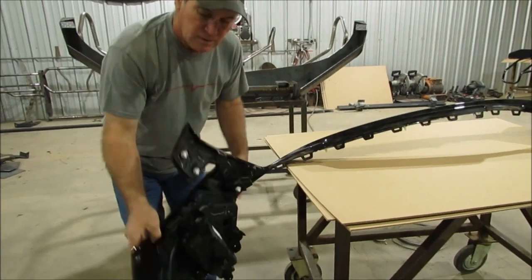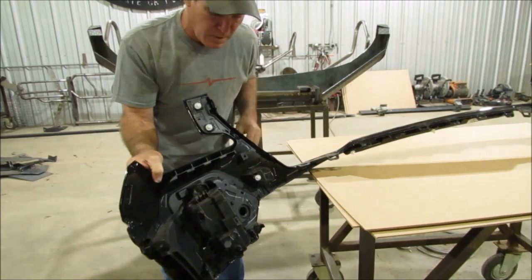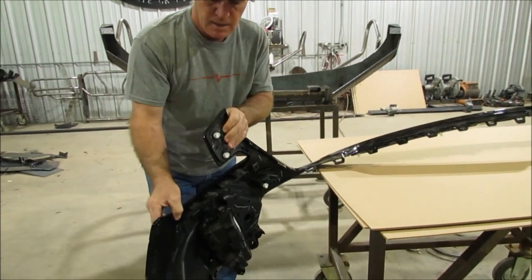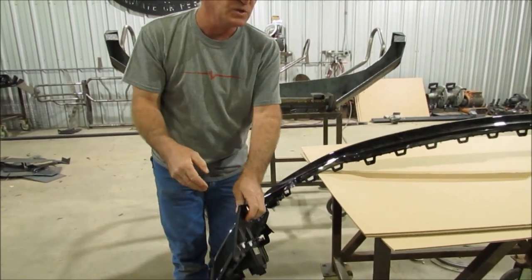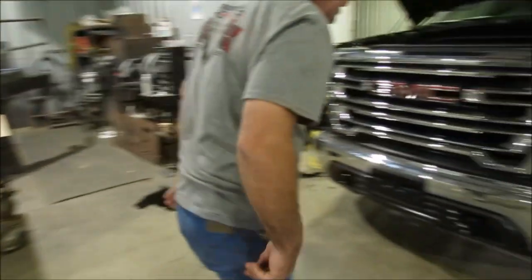And again, on this outside, just make sure you grab all that plastic, or you'll pop that loose right there, okay? So all this just snaps right back together once you get your chrome bumper off. Why we did all that